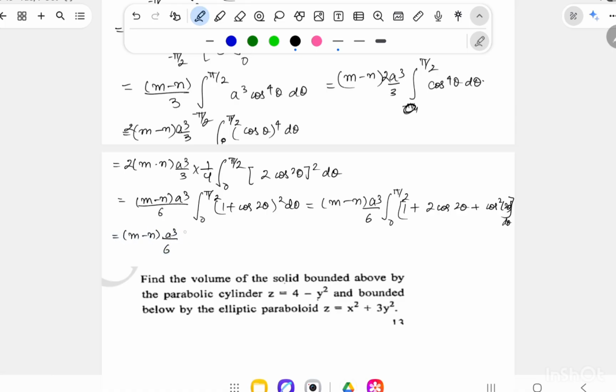This can be further simplified as integration from 0 to pi by 2, 1 plus 2 cos 2 theta plus (1 plus cos 4 theta) by 2, d theta, which gives me this as